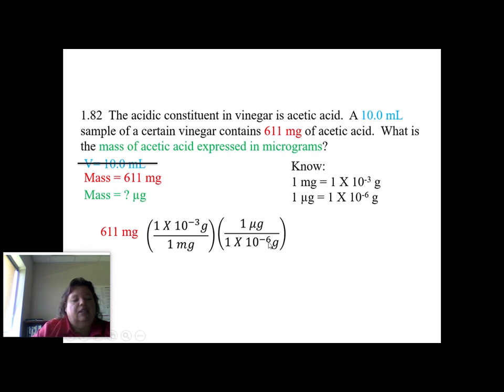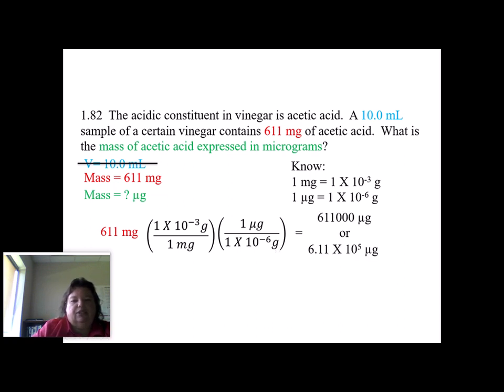Now, if you have one that does not have an EE button, you're probably going to have to use parentheses. So you would also enter that as 611 parentheses 1. A lot of times you do have a times 10 button, minus 3, close parentheses, divided by open parentheses 1, a times 10 button, minus 6, close parentheses. Okay, and that's going to be equal to